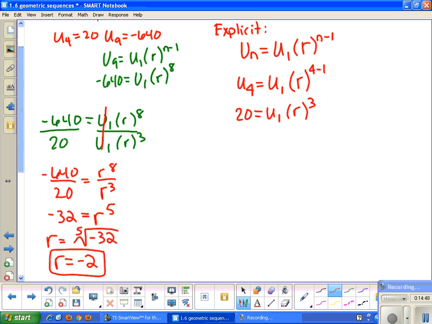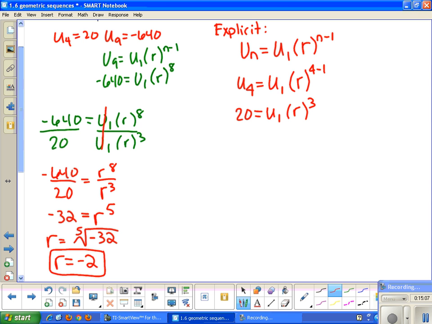If you notice, the exponent is just the difference of the term numbers, 9 minus 4, which gives you 5 as well, and then you divide the two numbers. So now that we have our common ratio,